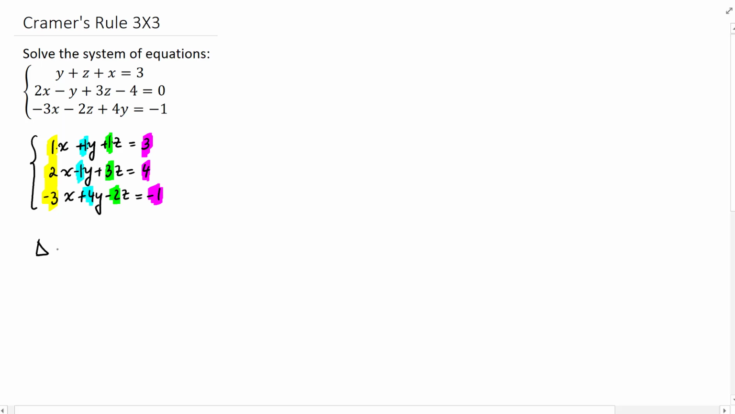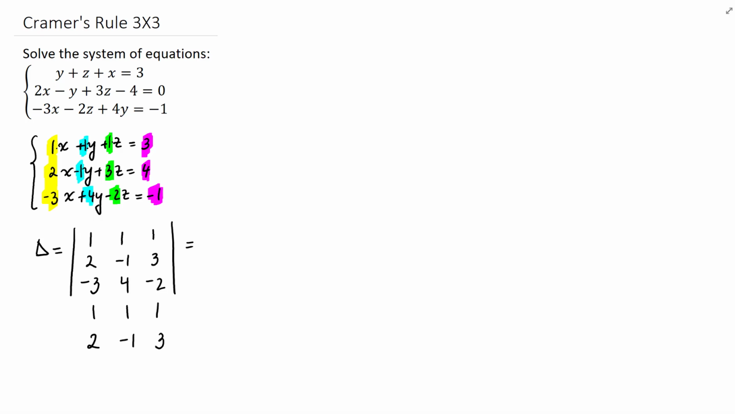So the delta is the determinant made by the columns of the coefficients of the variables that we need to find, of x, y, and z. So 1, 2, negative 3, the yellow one, is the coefficients of x, 1, negative 1, and 4, coefficients of y, 1, 3, negative 2, coefficients of z. This is a 3 by 3 determinant, which we can calculate in many methods, but I'm going to use the one where we copy the first two rows,